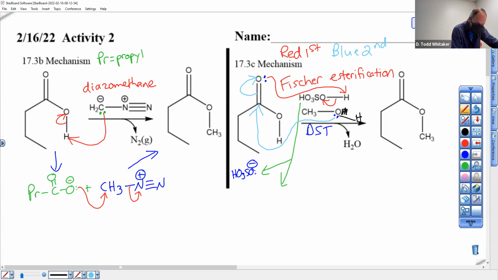There's your attack. You're going to generate an oxonium ion on the oxygen. This oxygen here is going to be an oxonium, which you'll have to neutralize using a base. What base? The conjugate base that we just made. Thank you. And we need a purple or something. The O minus grabs this H, dumps a lone pair there, and you have what's going to look like